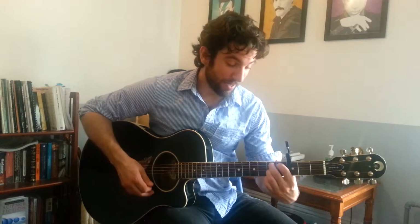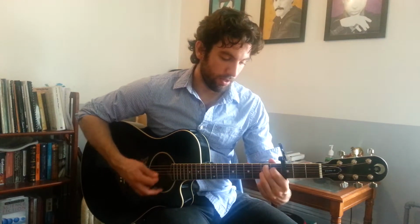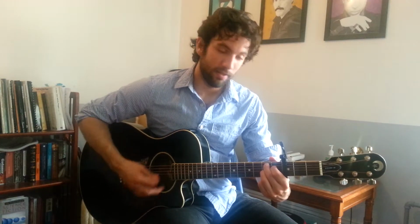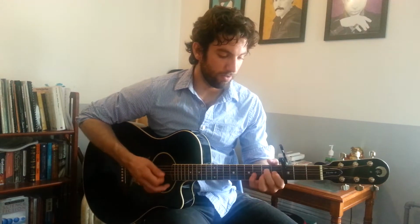Now most of the time I don't include this pinky here. I just play the first 3 fingers, but make sure that I only play the middle 4 strings. That's how I play a B7. Though if you do want to get the extra top note in, that's how you do it. E minor we did earlier, C major we did earlier, G major we did earlier. All of those chords